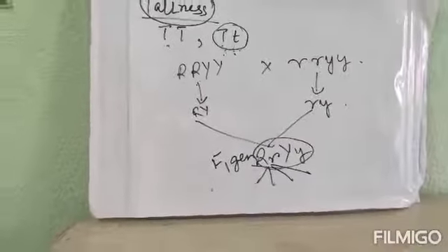Write one symptom of each of hemophilia, thalassemia and color blindness. Hemophilia means excessive blood loss. Thalassemia symptom is enlargement of liver and enlargement of spleen. And the color blindness symptom is that the cone cells of the eye of the person fail to distinguish the red and the green color.